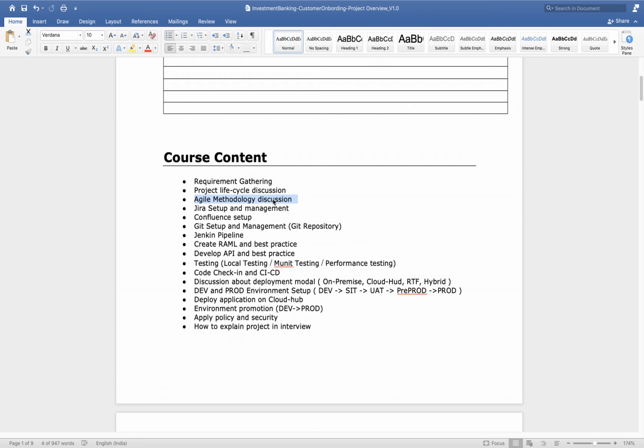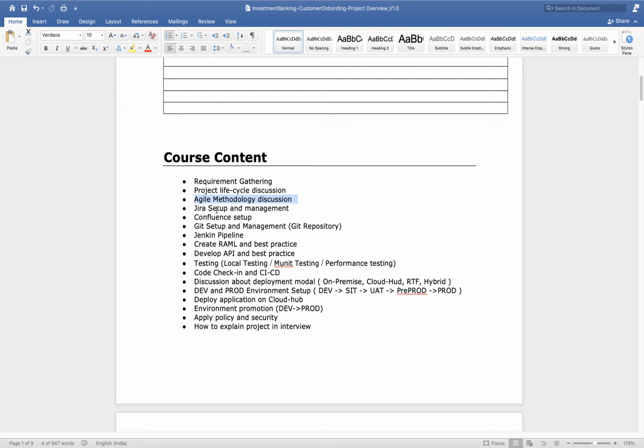So I will explain everything: what is a sprint, who is the scrum master, what is a story point, what are your timesheets, how you can log your time, how you can comment, how you can create Jira stories. All those discussions we will do. Okay, now if you are following this agile methodology, then you will be very much dependent on some ticketing tool. It can be the Azure ticketing tool, or it can be Jira. Then we have ServiceNow. So there are multiple ticketing tools.